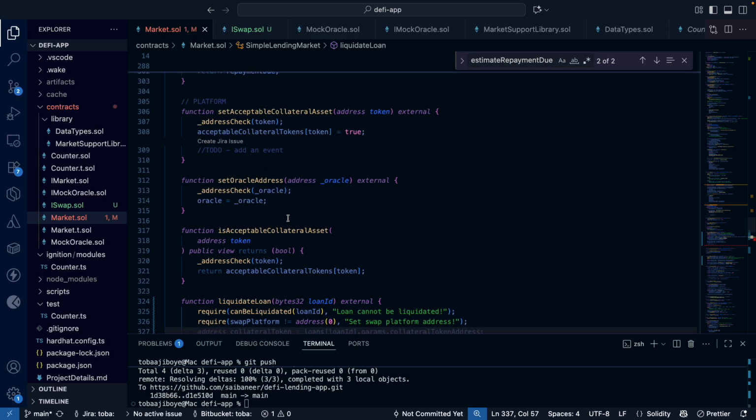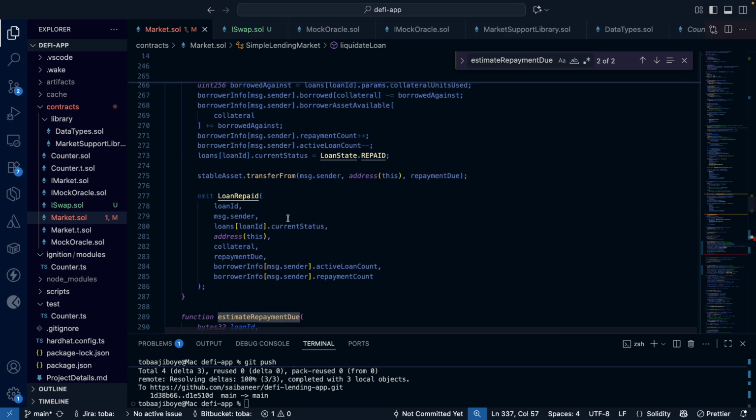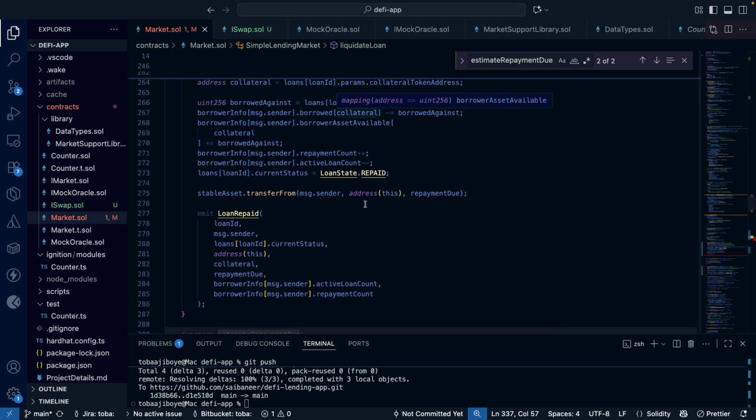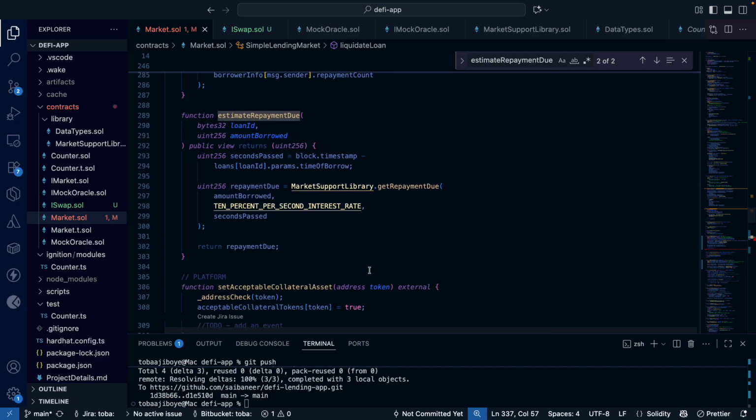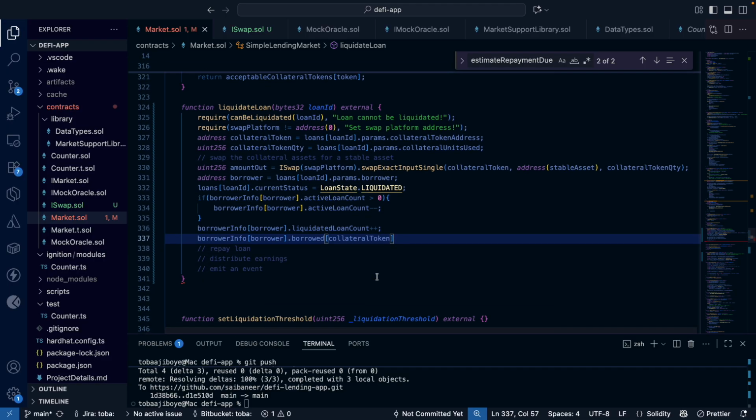So if you're going to look at borrowed collateral, we want to reduce the amount here. So we're going to reduce the amount by amount out. Okay. And once we do that, we also